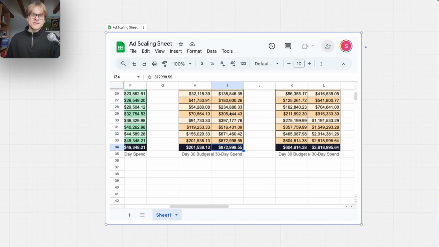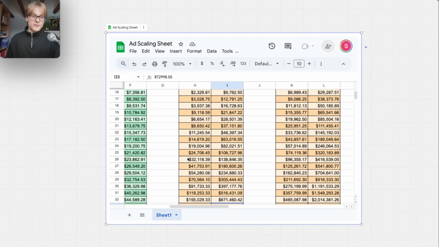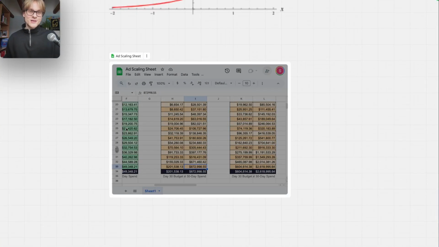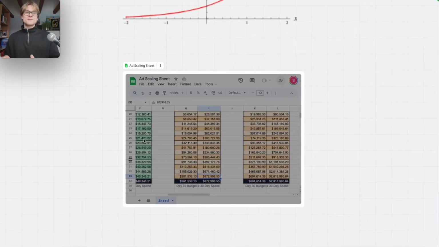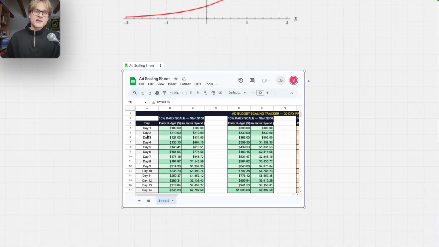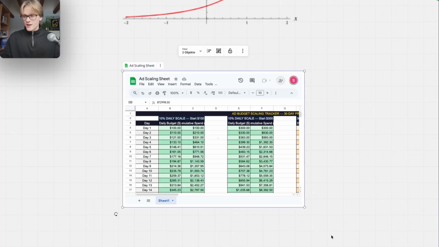Accumulative spend: everything that you spend over the entire period of 30 days is already nearly $1 million if you scale 30% a day, right? Absolutely sick, absolutely crazy. So keep this in mind. If you want to scale, I would generally advise going with a 10% scale. It helps us a lot in giving the right signals to Meta's AI. Make sure you cement this in place. This is how you scale strategies. When you want to scale ads, don't scale more than 10%.